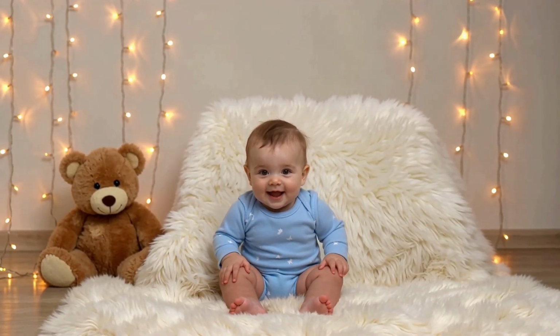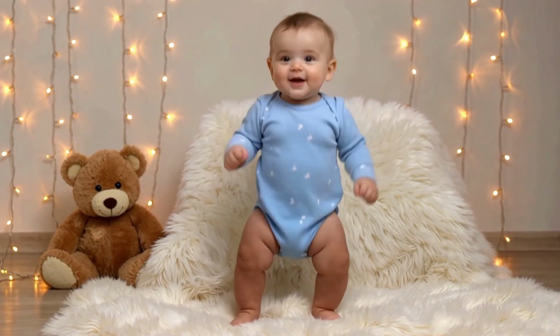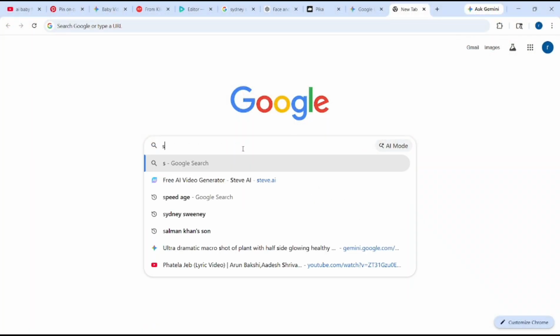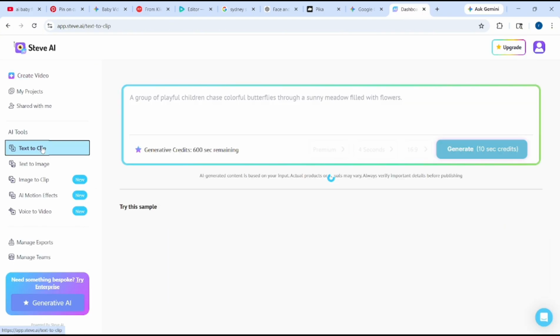Viral style content doesn't have to take hours to create. AI can turn simple ideas into engaging videos within minutes. Begin by opening your browser and searching for Steve AI, then access the platform and select the text-to-clip feature to